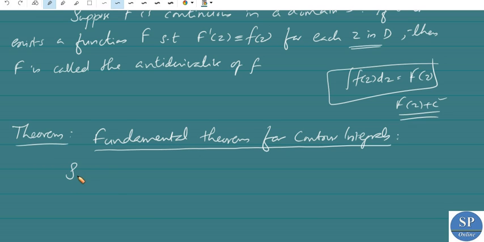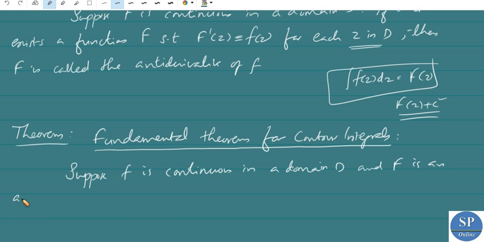Here the theorem states that suppose f is continuous in a domain D and capital F is an antiderivative of small f in the domain D, then for any contour C